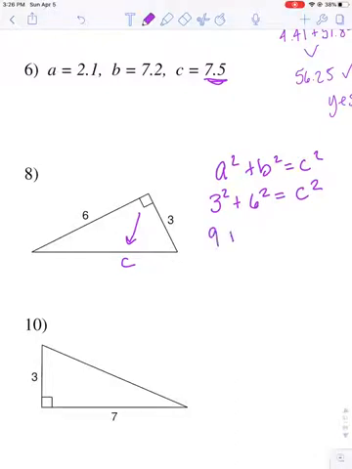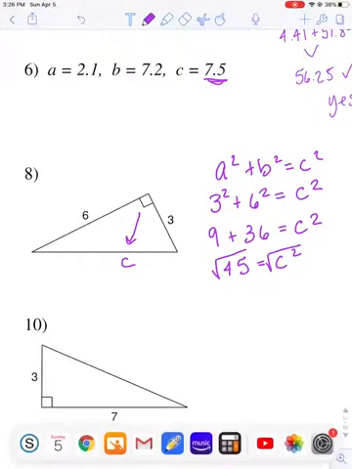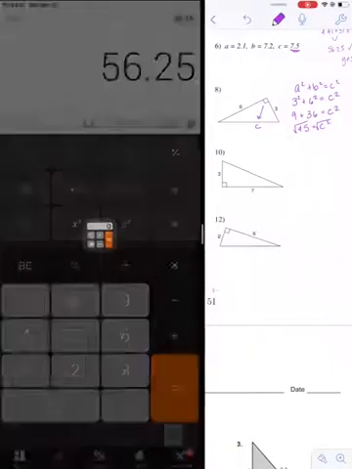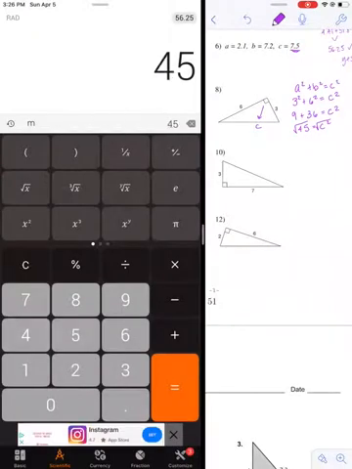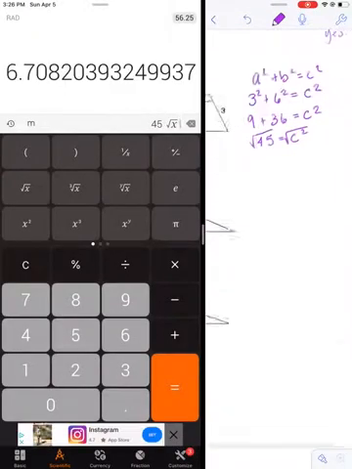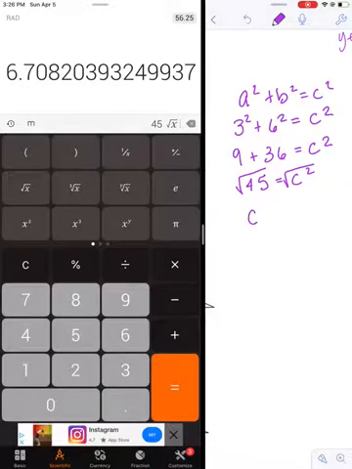3 squared plus 6 squared equals our mystery C squared. 9 plus 36 equals C squared. And then 9 plus 36 is 45. That's C squared. It's not a whole number, but that doesn't mean anything. Take the square root of both sides. I need the square root of 45. And I get that C is equal to about